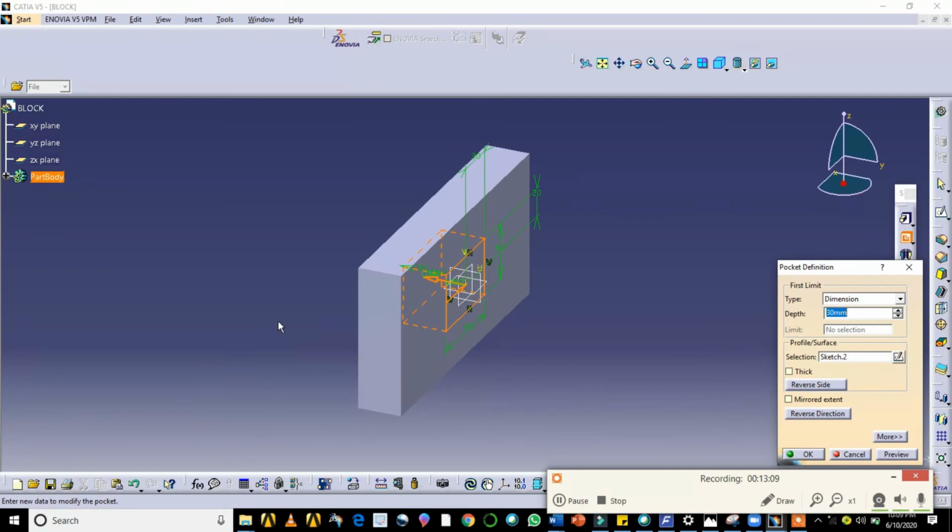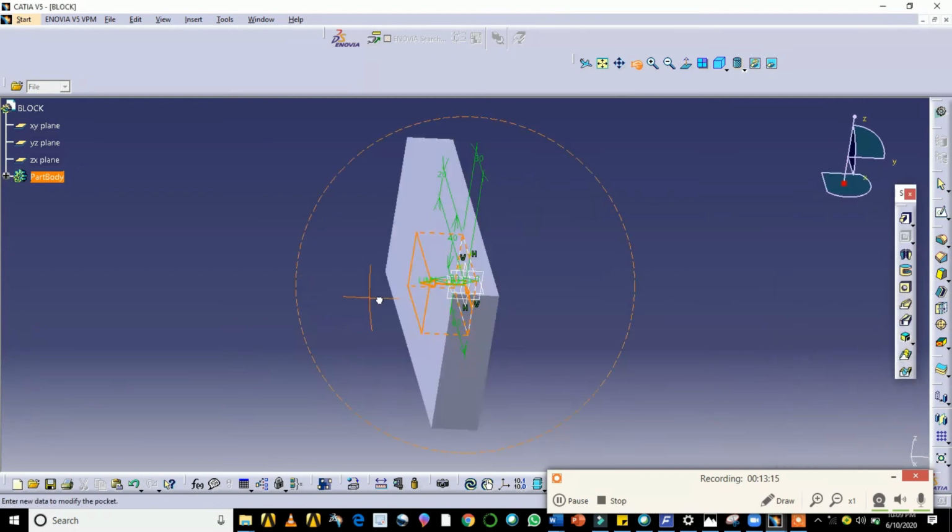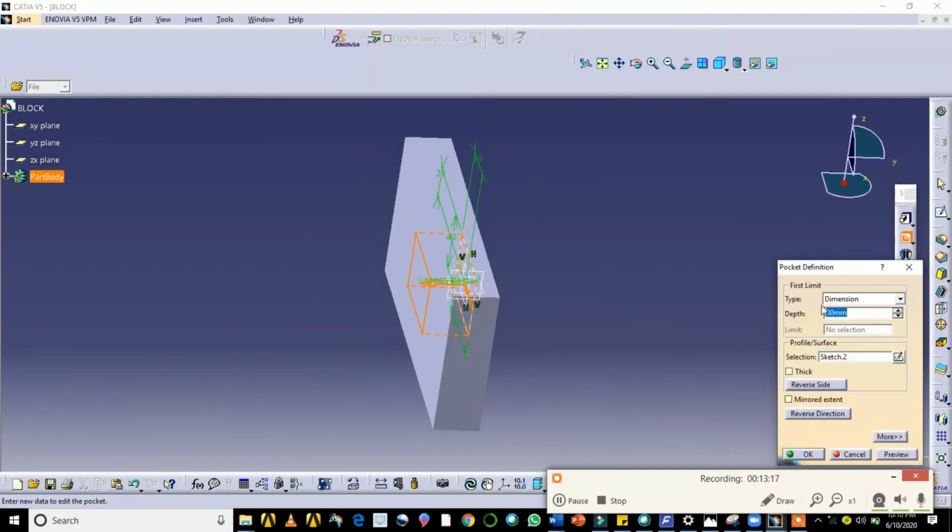Okay, I want to produce a pocket till the end, up to here. You can enter the dimension, or otherwise you can choose another option, that is up to next. Up to next in what? If you want to select till here, or you can select up to last also, or you can select up to the plane. Nothing but this plane.